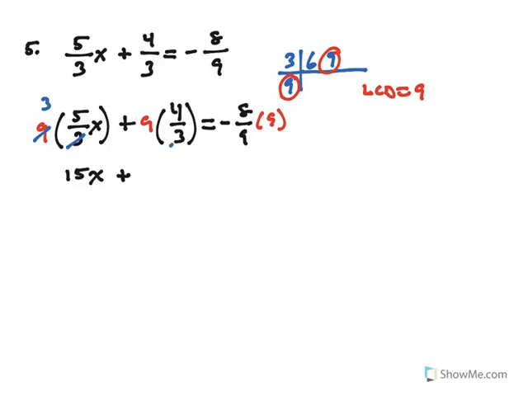Now I cross-cancel this 3 with that 9 again. 9 divided by 3 is 3. And then I do 3 times 4, which will give me 12. And just so you know, I'm multiplying these numbers right here. 3 times 5x is 15x. 3 times 4 gives me the positive 12. Equals,